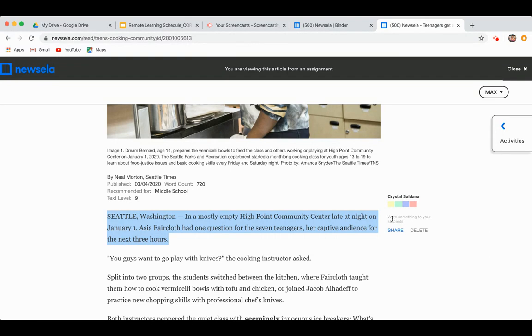And by the way, anytime you highlight, you're going to see these 4 color options pop up. Have at it. Pick whatever color you like. I'm going to go for pink just because. Okay. And if you don't care what color, I think it normally goes to yellow. So there you go. So I'm going to write